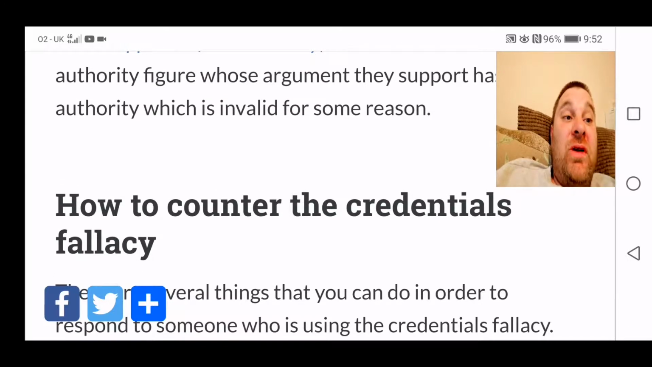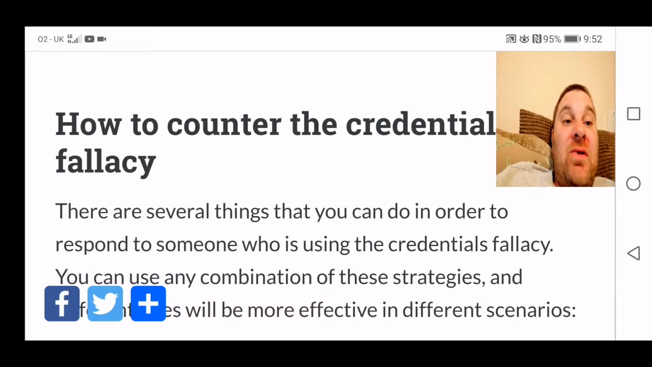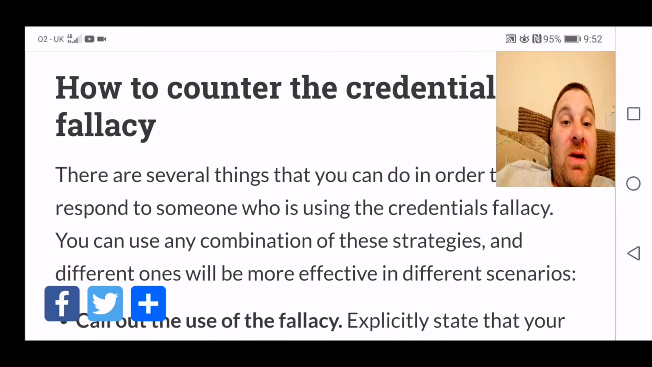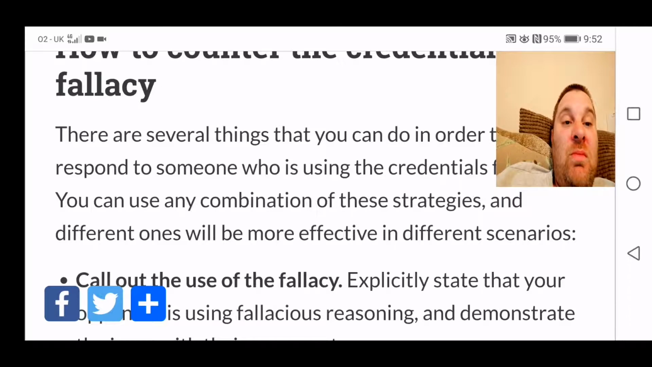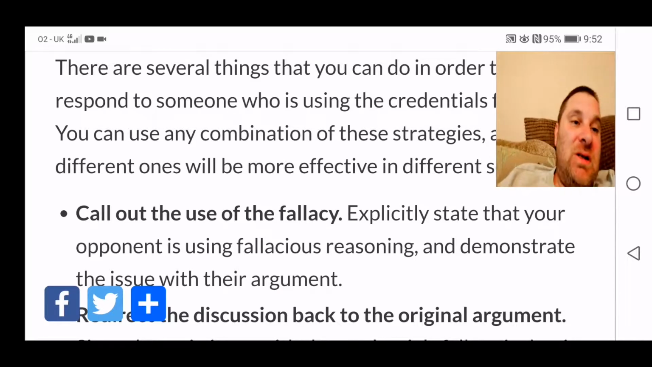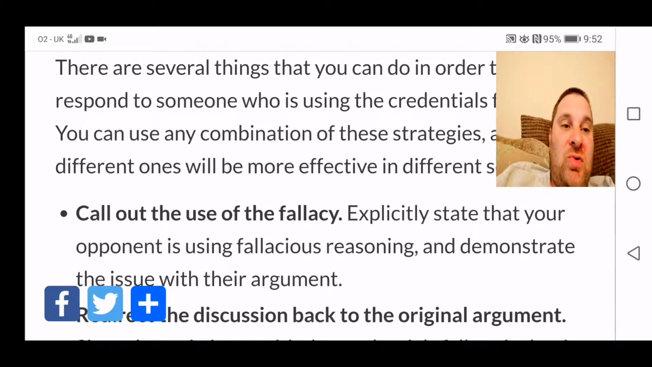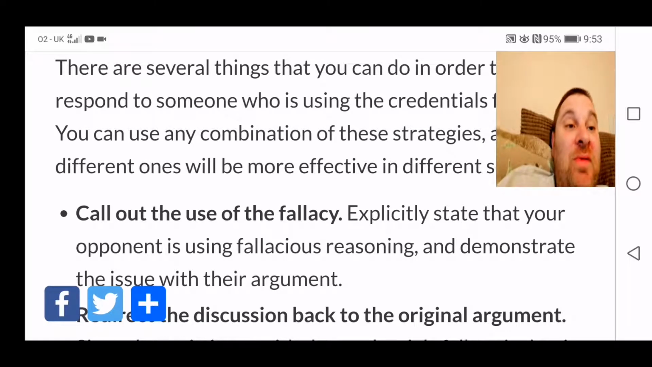How to counter the credentials fallacy. There are several things that you can do in order to respond to someone who is using the credentials fallacy. You can use any combination of these strategies, and different ones will be more effective in different scenarios. Call out the use of the fallacy. Explicitly state that your opponent is using fallacious reasoning, and demonstrate the issue with their argument,